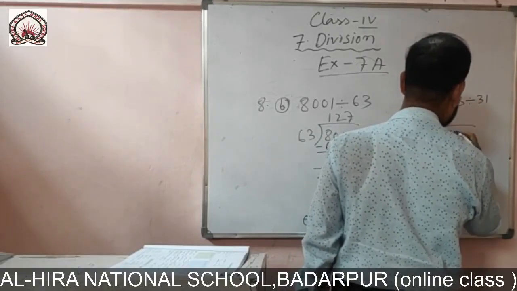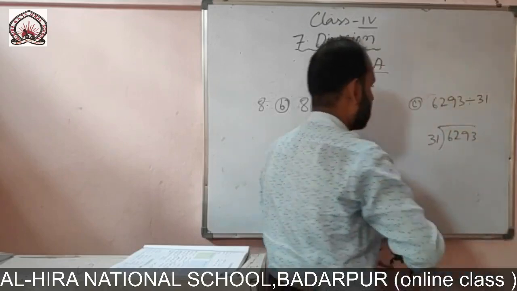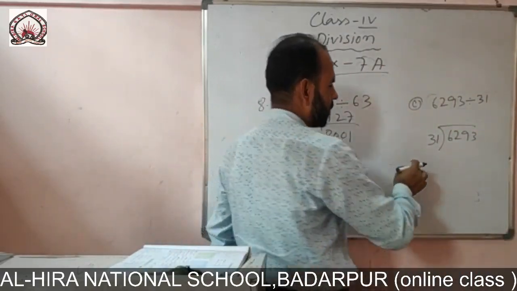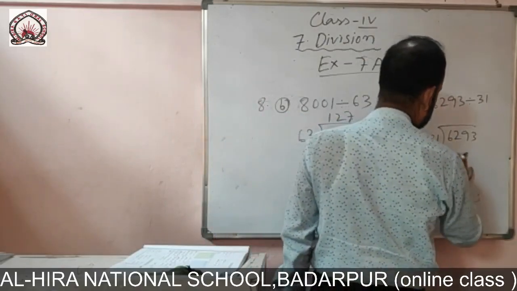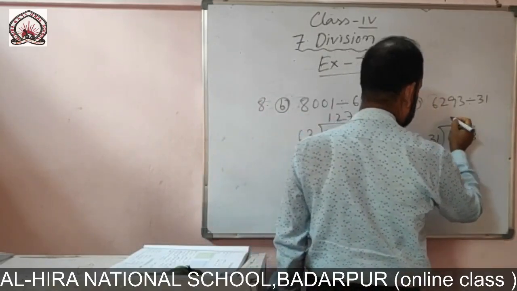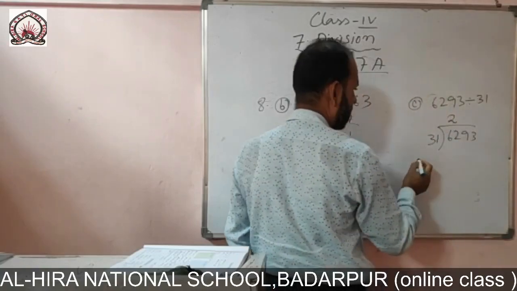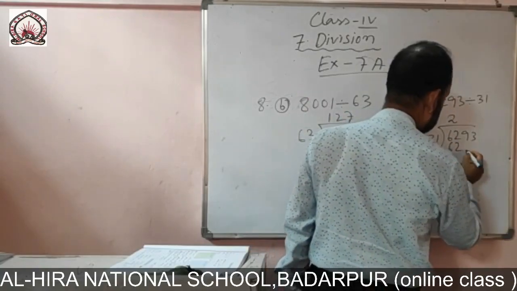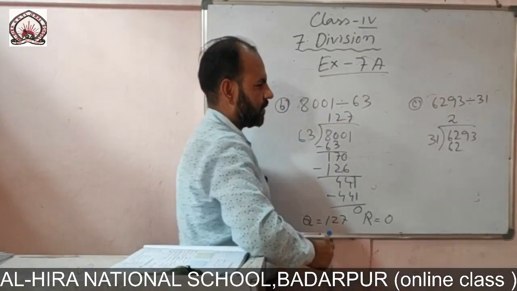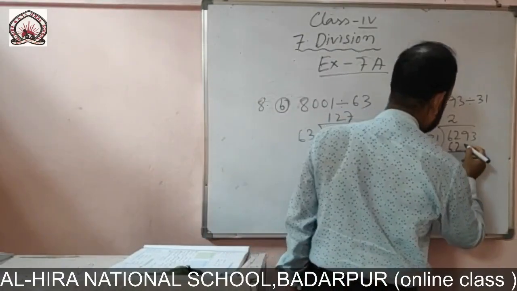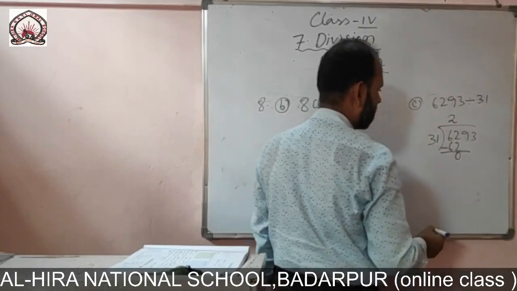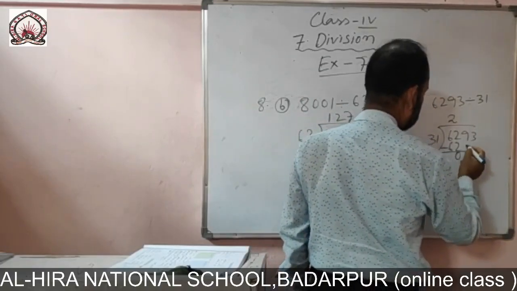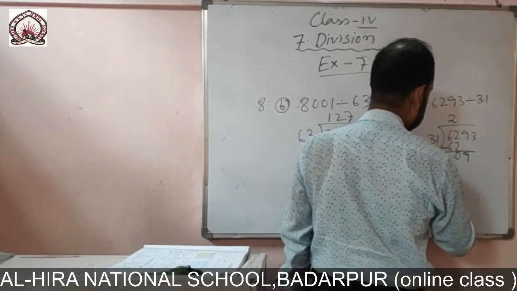So we know that 31 2s are 62. 31 2s are 62. There remain 0 and we take down 9, but we cannot divide 9 by 31, so we take down another